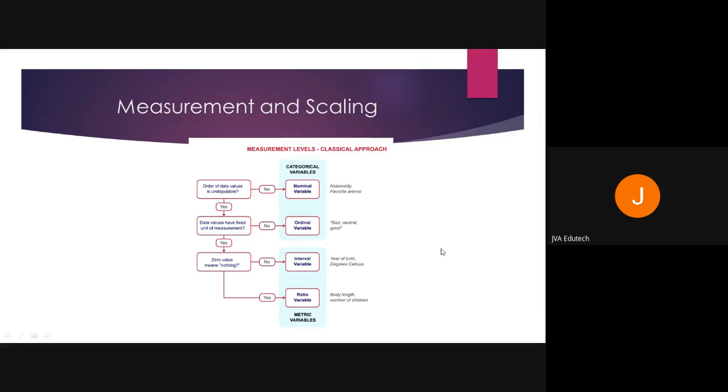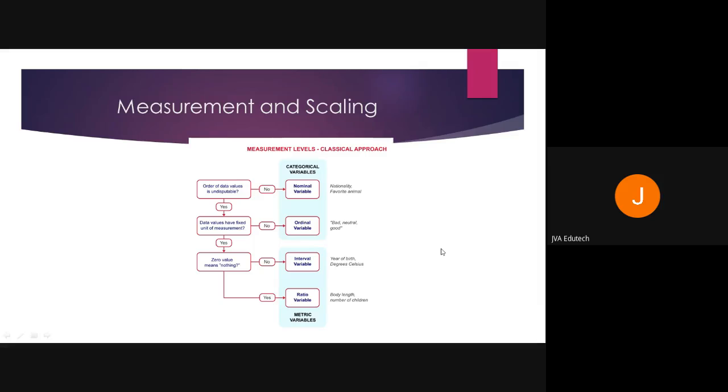That's why even 0.0001% could make a difference in the ranks. What I mean by this is the concept of zero. We say that in an interval scale, zero is arbitrary, whereas in a ratio scale, zero is absolute. If I say the temperature of this room is 0 degrees centigrade, am I saying this room doesn't contain any temperature at all? No. Because if I am surviving at 0 degrees centigrade, there is some temperature. Else I couldn't have survived.